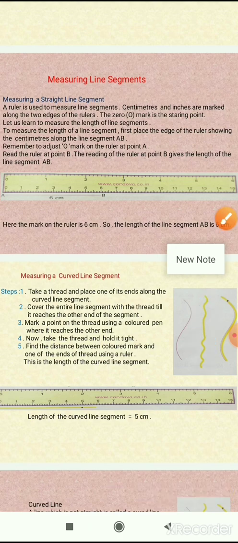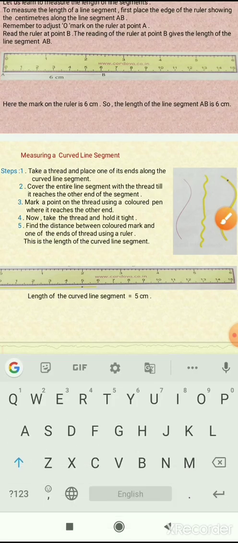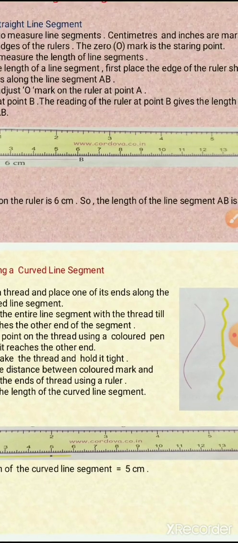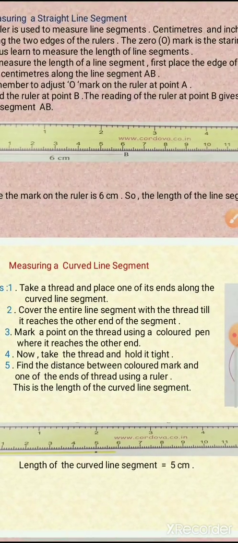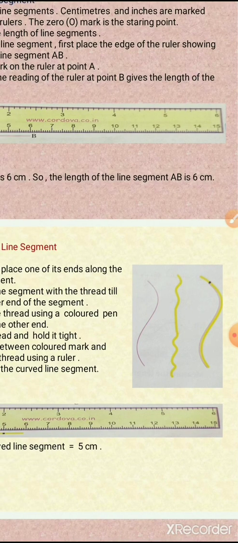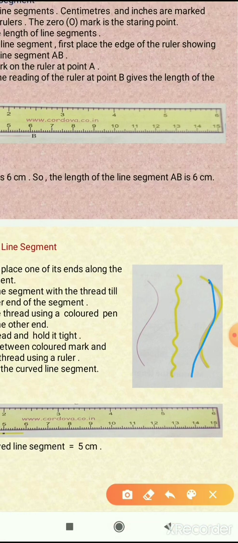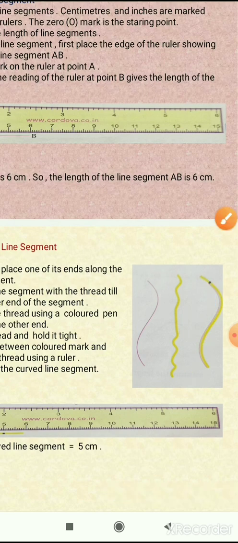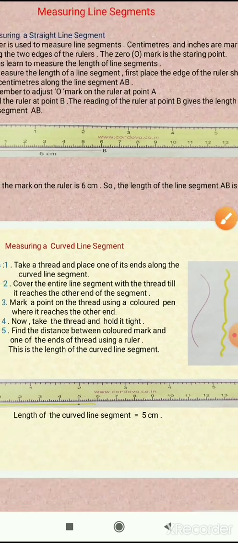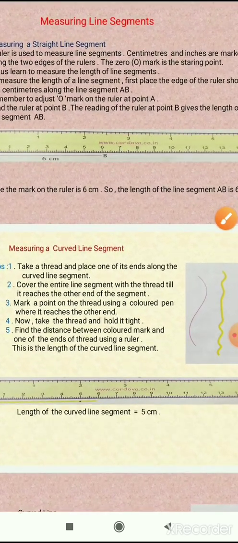So how to measure with the help of thread? See, here cover the entire line segment with the thread till it reaches the other end of the segment. Here we have shown this line segment and we use a thread. This point is the starting point and this point is the end point. So here we have to cover the entire line segment with the thread till it reaches the other end of